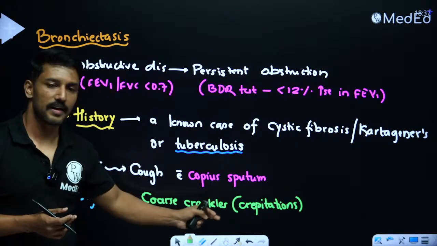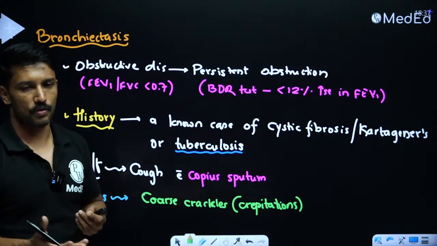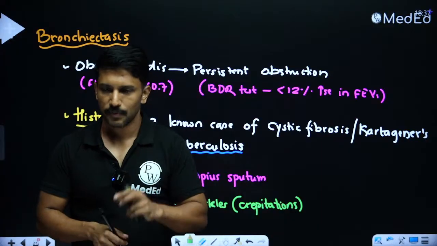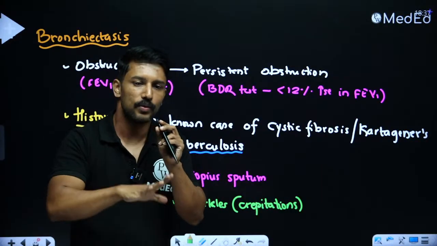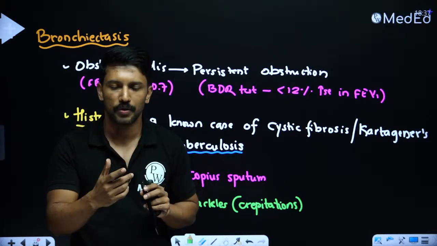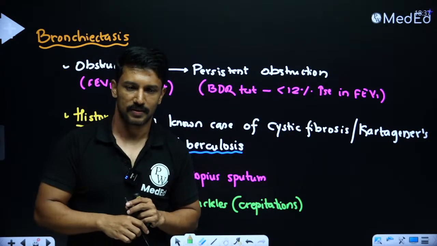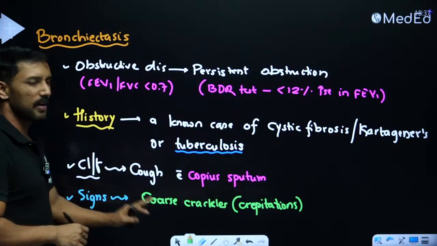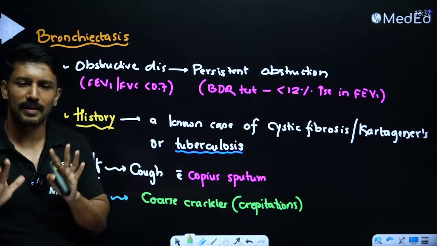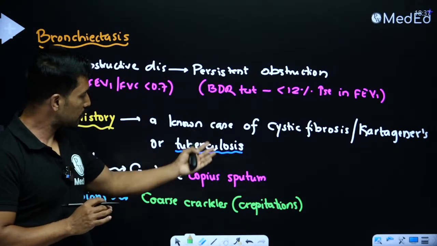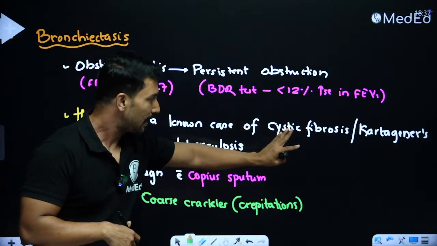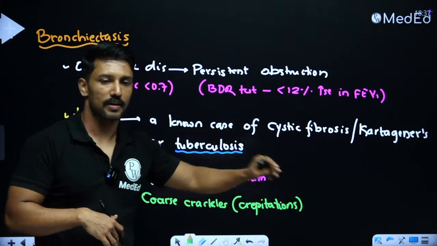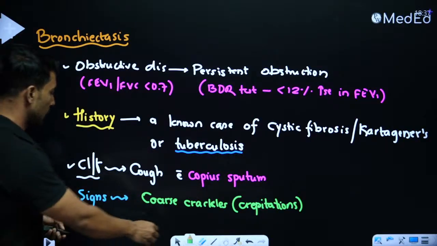You can easily recreate these sounds in your home or in your hostel itself. Take a glass, take a straw, put some water in the glass, put the straw and blow air into that water. Whatever bud bud bud sound that you hear, that is your coarse crackles. Okay. So if the question is talking about coarse crackles, primarily think of bronchiectasis, and based on the context you can reach the diagnosis of what could be the cause for bronchiectasis, whether the examiner is talking about cystic fibrosis or Kartagener's or post-tubercular. And in terms of investigations,